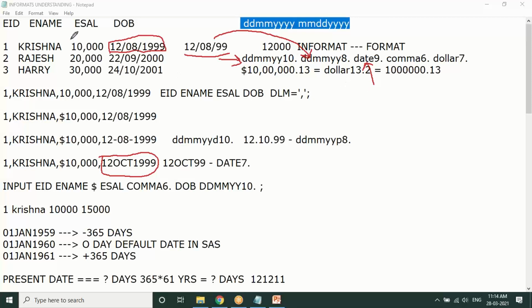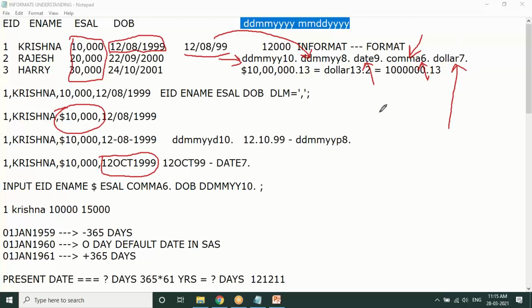Now how does it work for comma values? If you consider this value, let's say 1, 2, 3, 4, 5, 6, there is a format called COMMA, and the width of the data that you specify is 6. What SAS will do is understand it as comma-separated data, eliminate the comma, and store the actual value. That is, 10,000 is actually stored. Similarly, for a dollar sign or euro sign, we have formats called DOLLAR and EURO, and you have to specify the width of the data so that it can be understood by SAS.